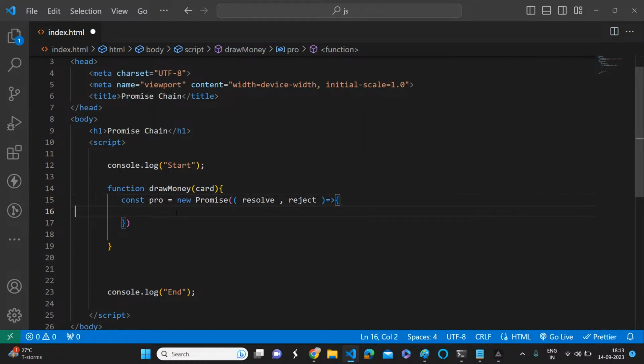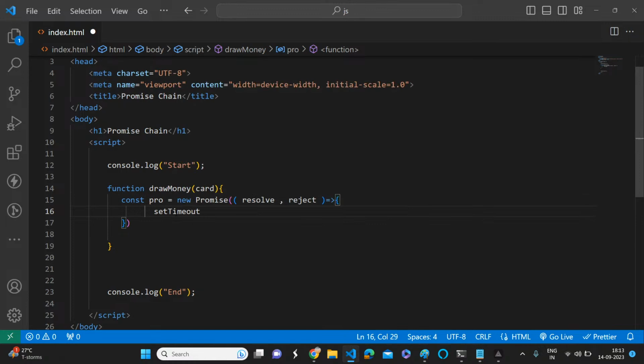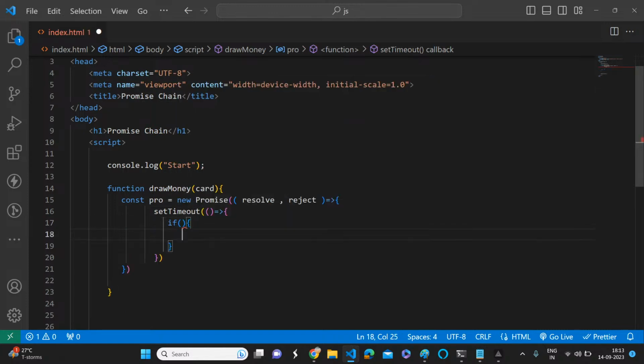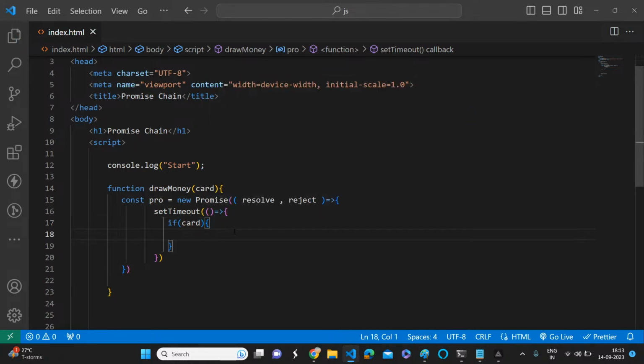So here we are using setTimeout because we should have some delay, as we said we need 5000 milliseconds to draw the money. Here I'm just putting that if the card is valid, if you pass any random information in the card, yes, we can return money, right?